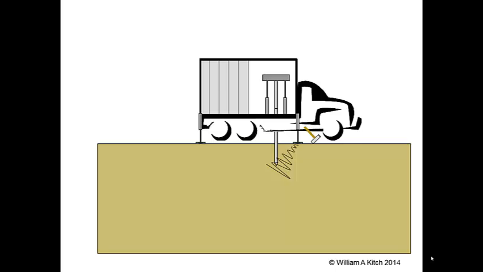The shear wave generated by the source propagates through the soil and is picked up by the geophone in the probe. Knowing the distance that the wave travels, L sub S1, and the arrival time of the wave from the source, T sub S1, we can compute the average shear wave velocity for the soil in this region, V sub S1, as L sub S1 divided by T sub S1. After completing the shear wave measurement, which only takes a few moments, the cone is advanced again and collects tip